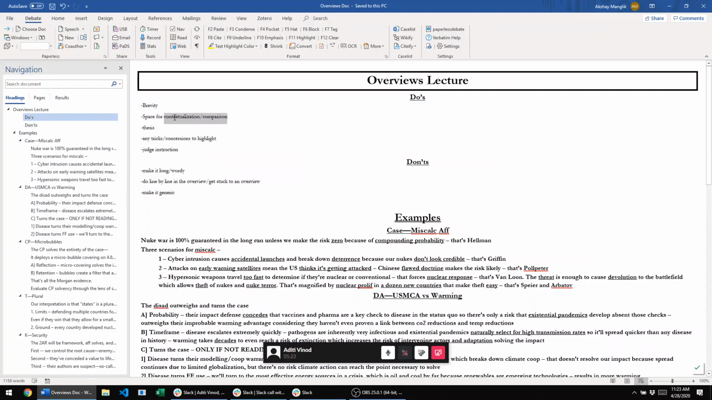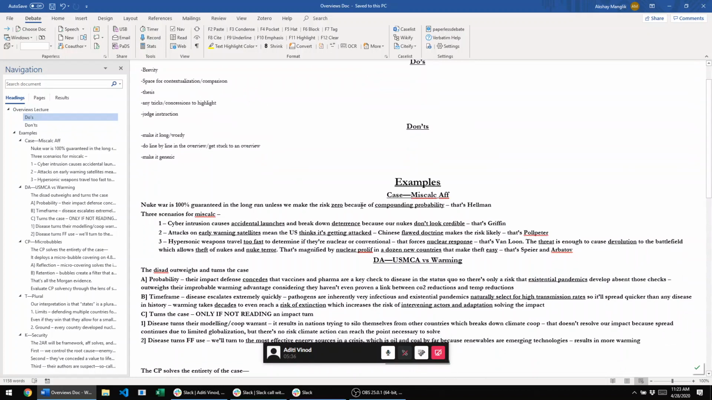Again, contextualization and comparison are really important. It'll boost your speaks. It'll help preempt new spin in later rebuttals because it'll seem like you took those into account when you were doing comparison. In general, can't recommend that enough. So going to the examples,